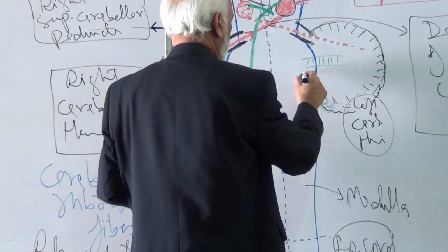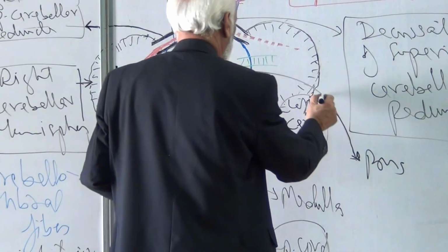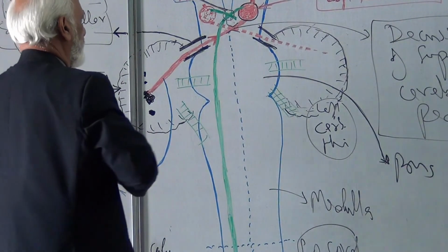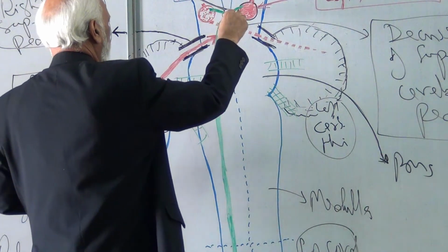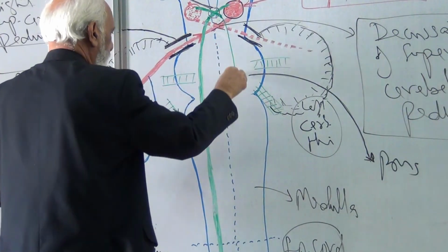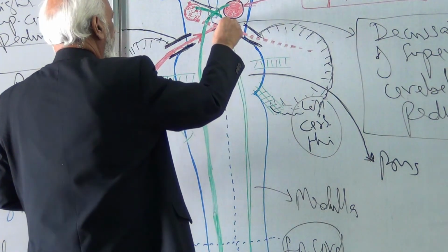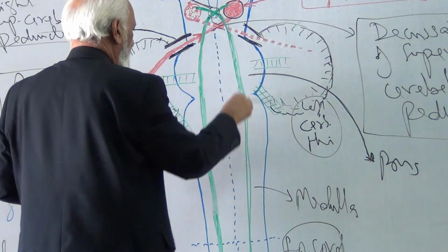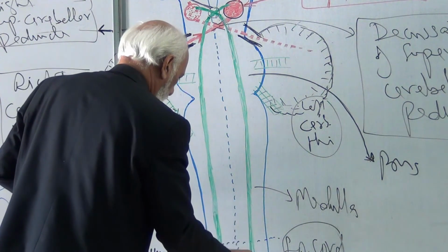This is a pons. And then midbrain. So the fibers from the right red nucleus, efferent fibers, rubrospinal fibers, they also cross at the ventral tegmental decussation and descend through the opposite half of the brainstem and continue to enter the opposite half of the spinal cord and relay into the anterior horn cells, which are